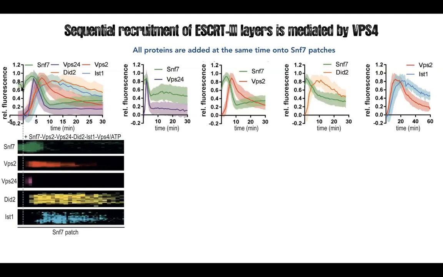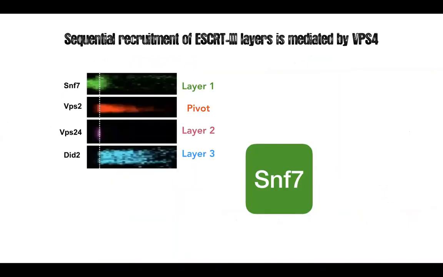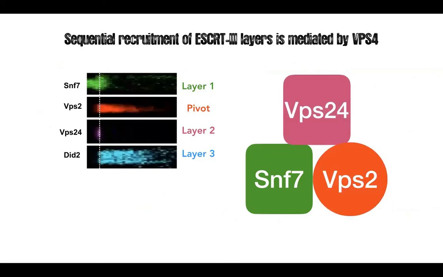So we start with SNF7, which forms the initial patch, and then SNF7 peaks, followed by VPS24, and then VPS2, and then D2 and IST1 to end up. So that organizes a sequence of recruitment and depolymerization in vitro, which I think is a beautiful example of dynamic waves of recruitment spontaneously organized by affinity and ATP. So what I'm telling you here is that SNF7 recruits VPS24 and VPS2, and VPS2 has a pivotal role